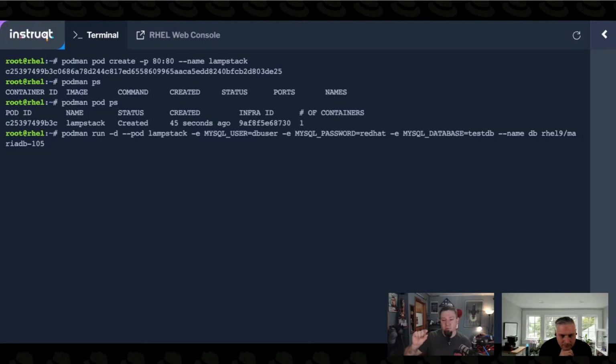And we're going to pass some environment variables in. I forget if we talked about this before, but you can pass variables in, or environment, to your container so that you can then read it from the application running in the container, right? So -e MYSQL_USER with the DB user tells MariaDB that's running inside of this container that's the user I want it to create, right? So this way we don't end up with just a MariaDB running with no database and no user and whatever, right? So all these environment variables will get passed in, and that's what's going to get created. We're going to call it db because it's a database, right? And we're going to use the